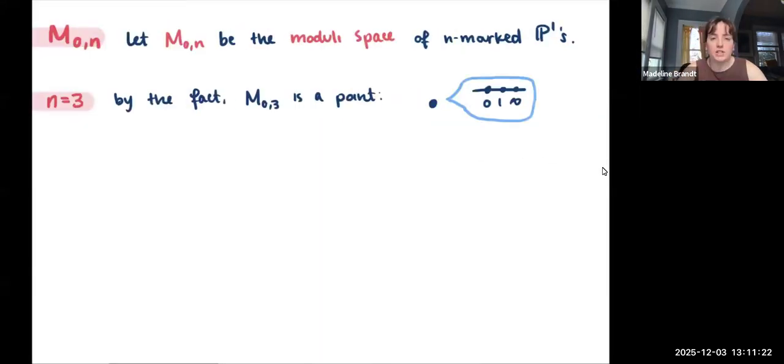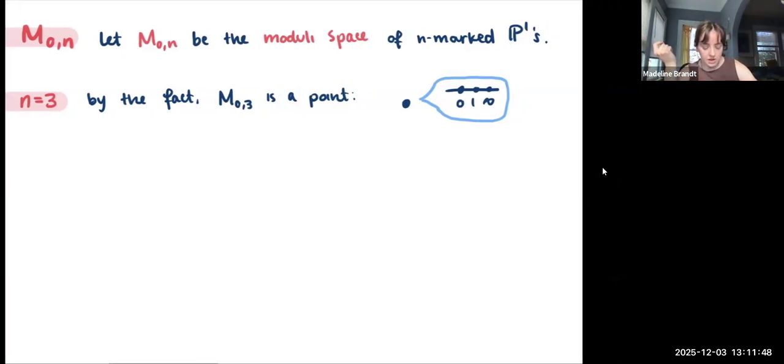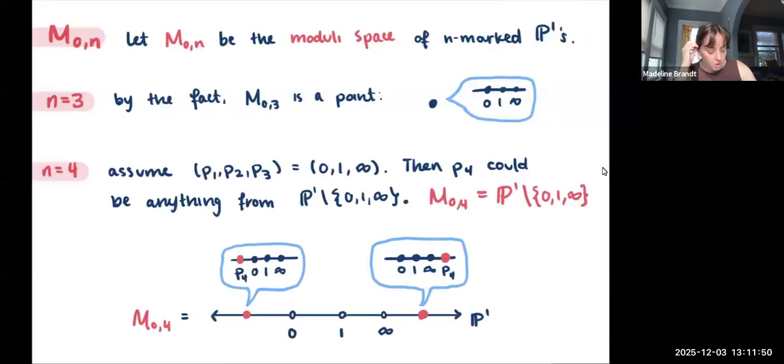By the fact from the previous slide, M03 is just a point, because if I have any 3-marked P1, the fact tells me that it's equivalent to my favorite one, which is the one marked 0, 1, and infinity. So there's only one equivalence class of 3-marked P1. And then for n equals 4,